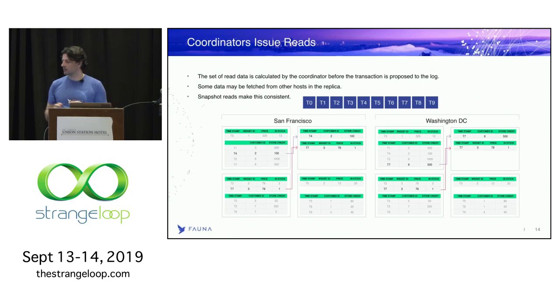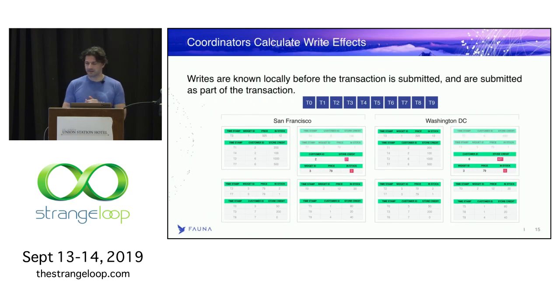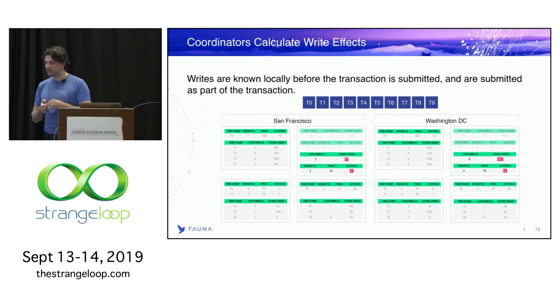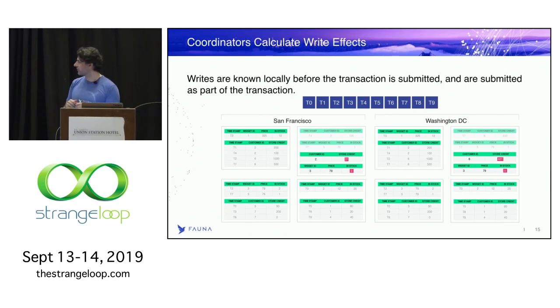The node in Washington will do the same, except it will be doing it for another customer. And then it will calculate the set of writes. So what you have there is that the numbers in red say, okay, I checked the stock, the customer can buy the widget, I need to write a new value for the store credit, and I need to write a new value for in stock, which is 0. The same thing happens in Washington, D.C. The customer there has a lot more money, so instead of 21 for him, we write back 421 when he wants to buy the thing.